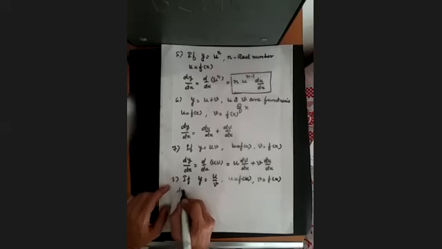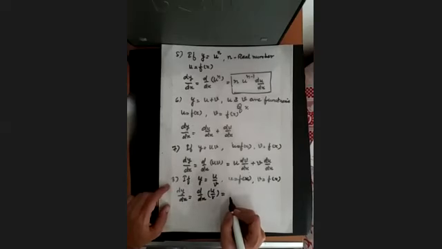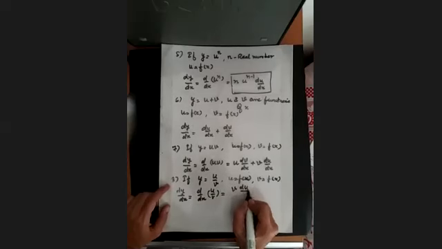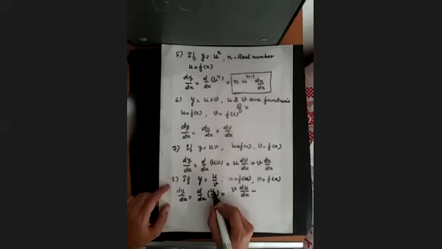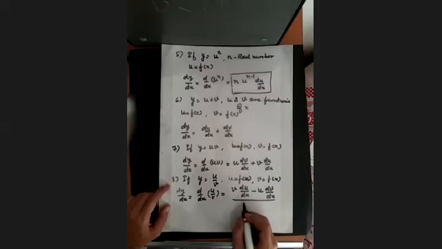Then differentiation of y with respect to x will be given by differentiation of u divided by v. So how do we get the differentiation? The denominator we will write down first. Denominator is v into differentiation of numerator with respect to x, minus numerator u into differentiation of v with respect to x, divided by the square of the denominator, that is the square of v.